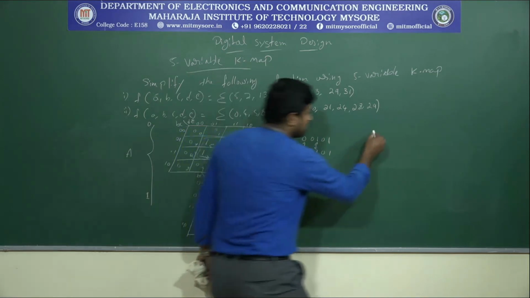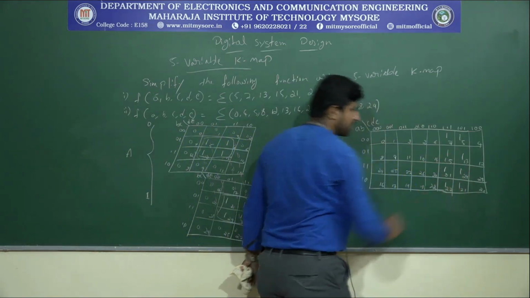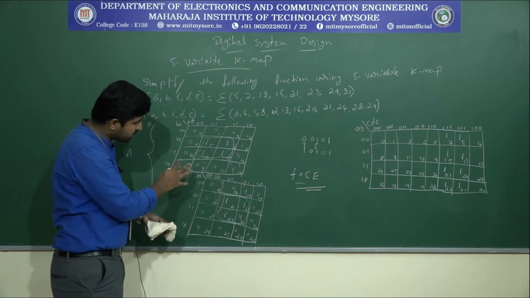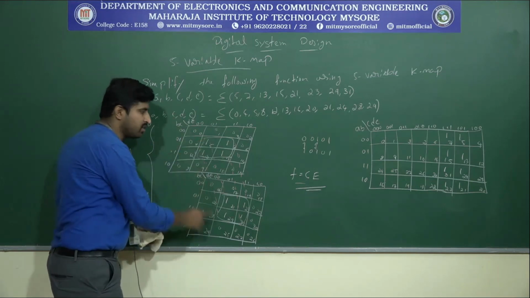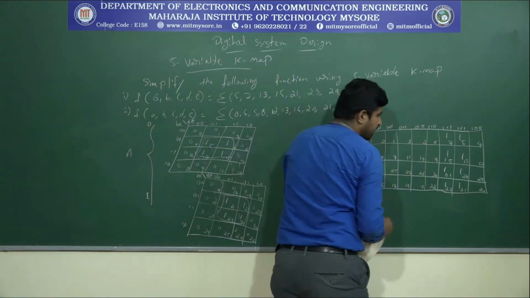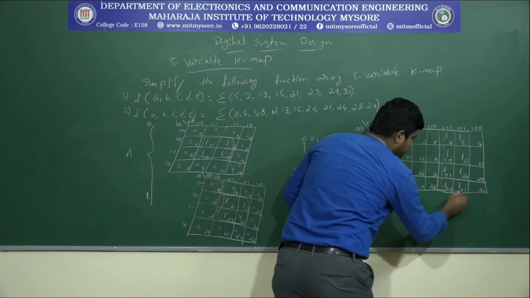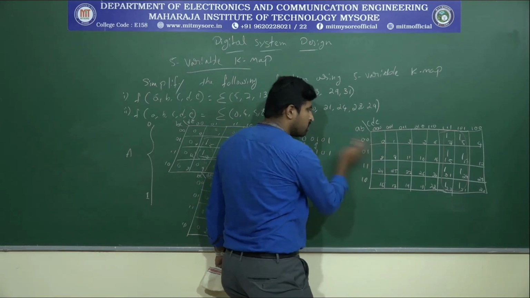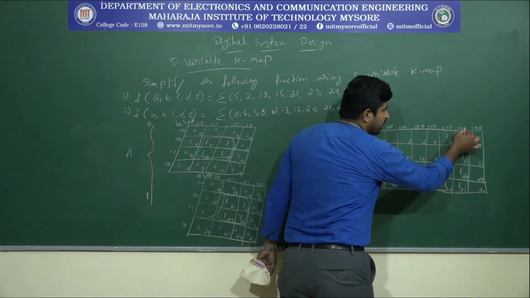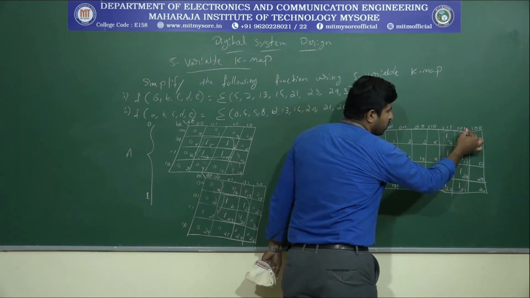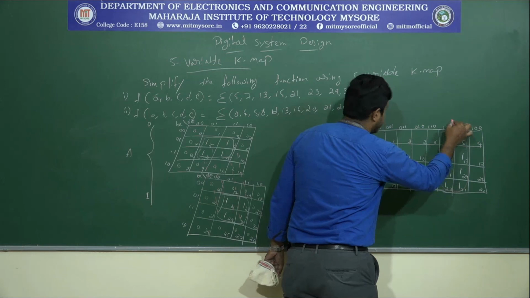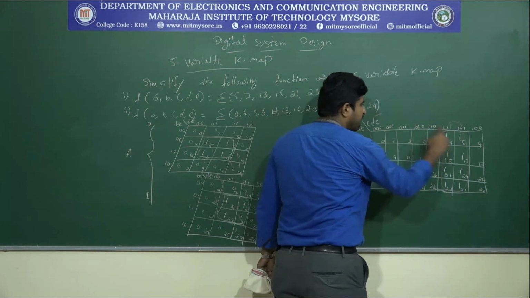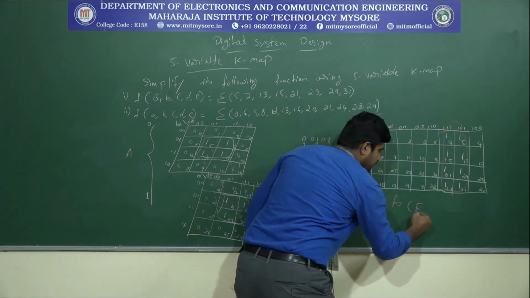See, the 8 cells are adjacent to each other. Here also I said they are adjacent. Since it is a stacked version, you may feel they are different, but these are adjacent to each other. So here we can make one group of 8 cells. When we make an 8 cell group, AB has a changeover, so AB won't appear. Looking at these two, 1 0 1 1 0 1, the variable D has made a changeover, so it won't appear. Remaining is CE, or 1 1, so F equals CE.